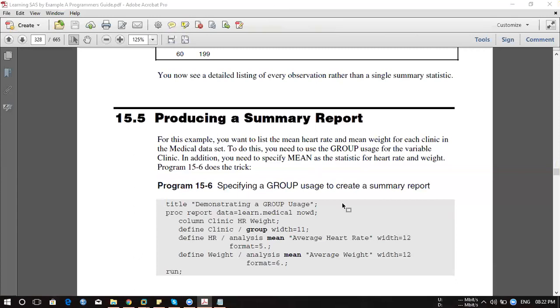Now look at this query which is there. Here we are trying to keep only these three columns. Based on the columns, the output will appear. Now second, what we are trying to use is the clinic. We have a variable clinic. In this clinic variable, we wanted to make a group. Let's say you have three types of clinic values, and they are repeating multiple times, right? You want to group them and make them unique.